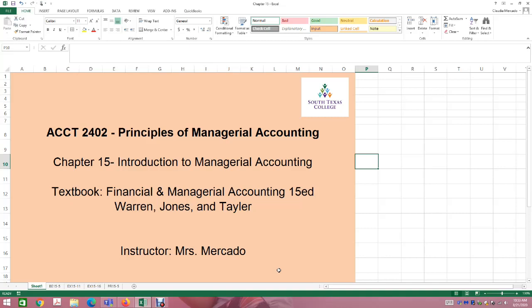Period costs consist of selling and administrative expenses. These are expenses used in the generation of revenue during the current period, and they are recognized as expenses on the current period's income statement. So we are going to be preparing some financial statements here for a manufacturing company.